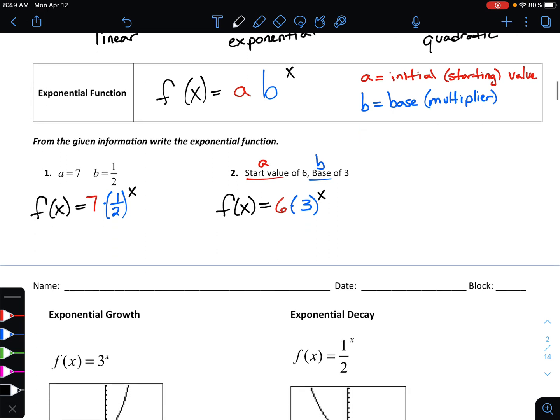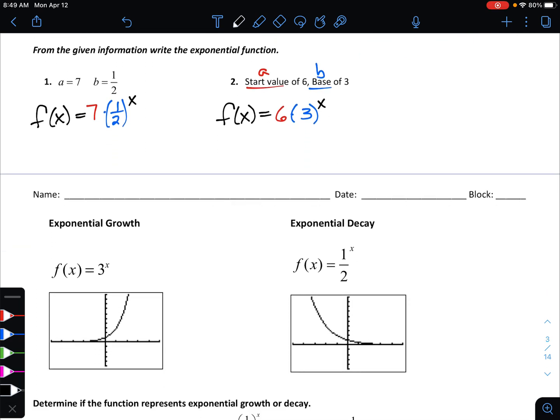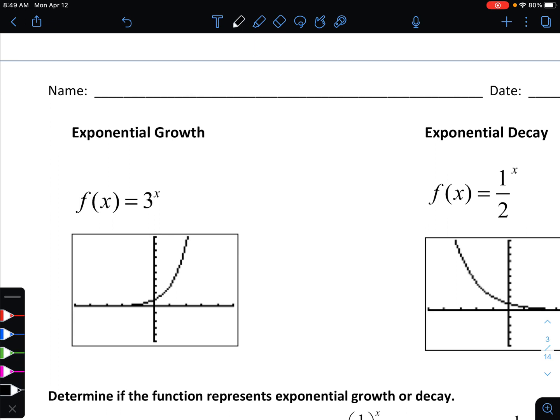All right, so real brief, let's talk about what the graphs look like. And for right now, just use a graphing calculator if you need to determine a graph of an exponential function. And in the later sections, we'll talk a little bit more about how to come up with those graphs by hand. But for right now, let's just focus on graphing calculator. So, exponential growth, we've got f of x equals 3 to the power of x. And in fact, we've got a graph of that. We've got a calculator screen kind of output there for you to look at,